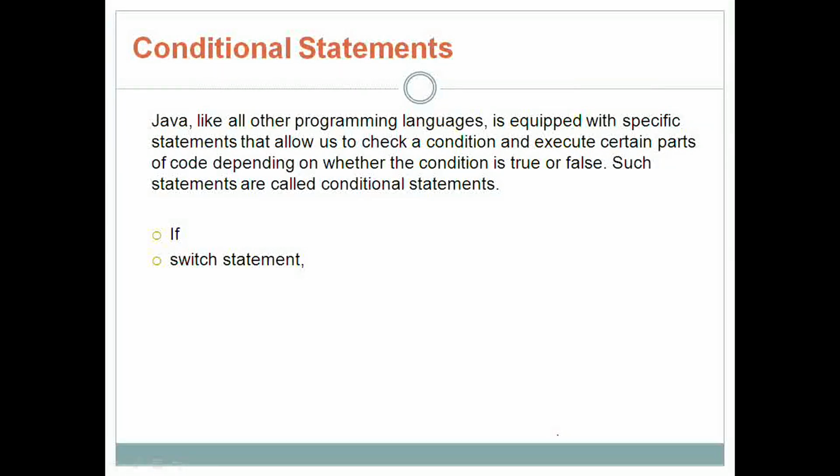The program contains a number of statements, but in order to execute the statements based on a given condition, we use conditional statements within the program.